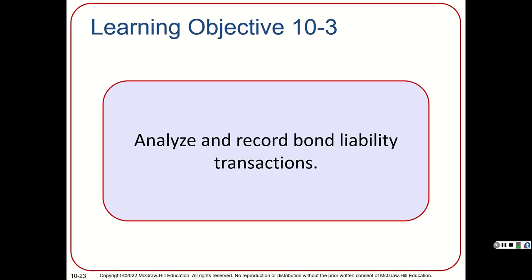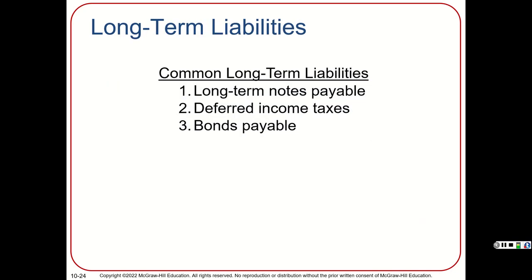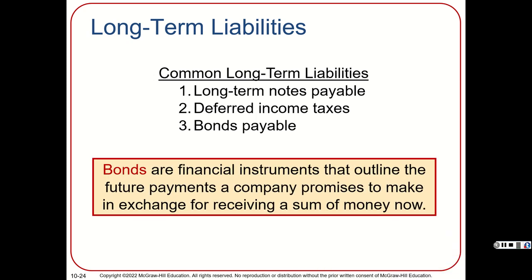So this is a bond liability. Long-term liabilities include your long-term notes payable, your deferred income taxes, and your bonds payable. Bonds are financial instruments that outline the future payments that a company promises to pay in exchange for receiving a sum of money now. So in other words,